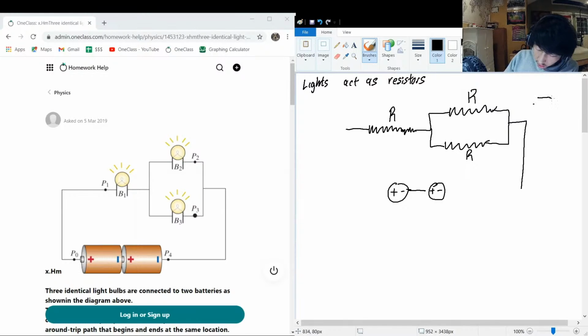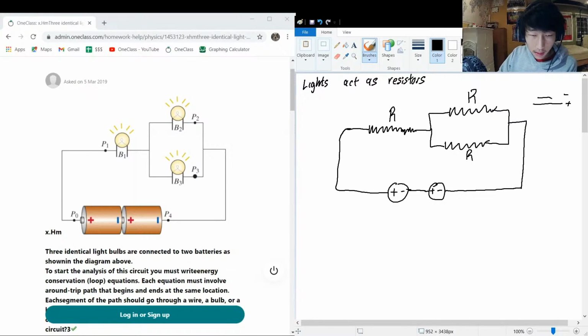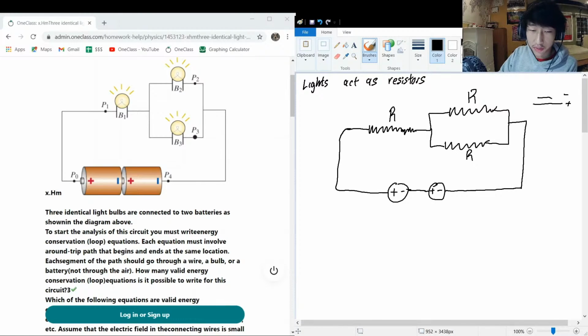Sometimes you'll see people drawing batteries like this, but this can get very confusing when you get deeper into your electricity world, because you're going to see capacitors which look fairly similar to that. So I'd recommend you stick to these circles with the plus minus inside. Okay, so we have 2 batteries in a series like that, and we want to write some equations for this,